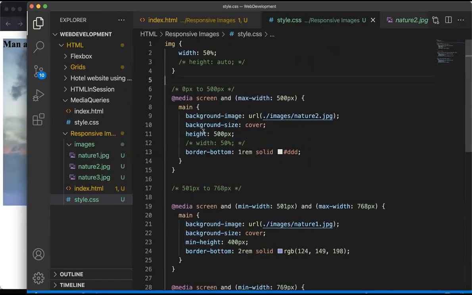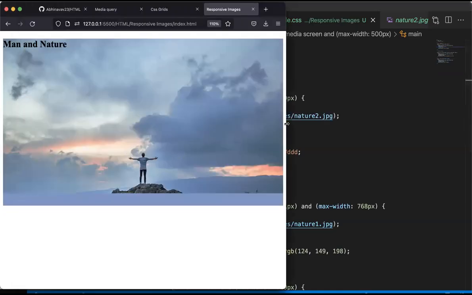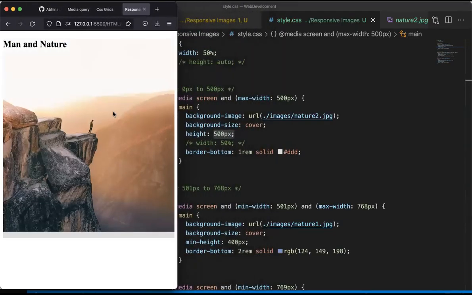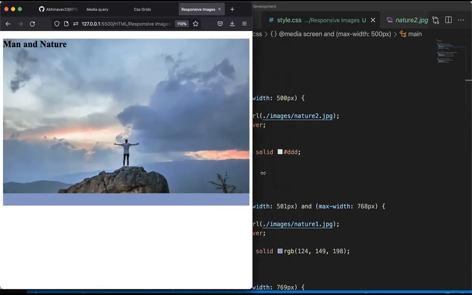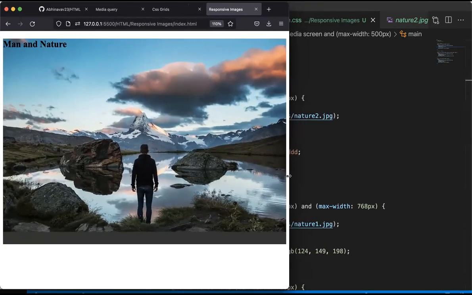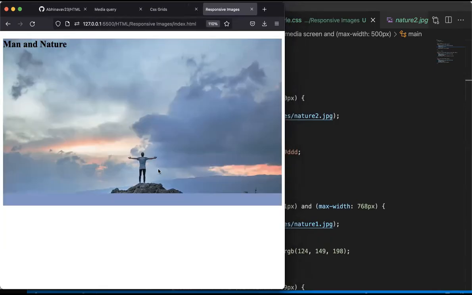So I was checking the height of this one. This was kind of a vertical image, so I gave 500 height and 500 width, and it was looking good here, right? After this, let's say you want to have a couple of content blocks, so you're not losing any information from the image, and whatever content you write will also work. For this image, I'm turning it into a horizontal image, so I'm having a bit lesser height, because this image is kind of